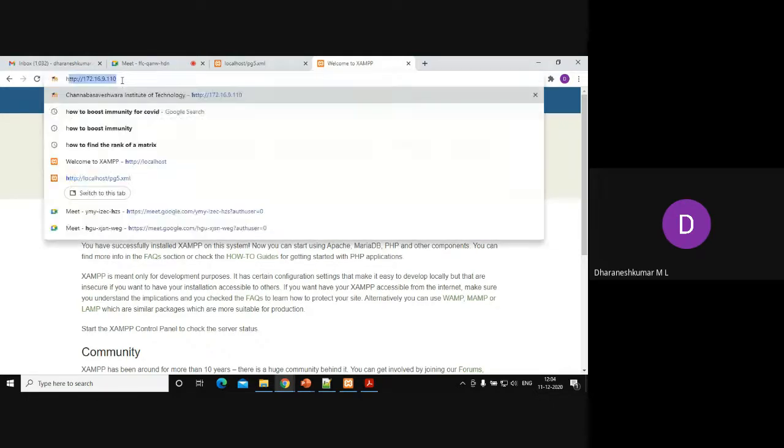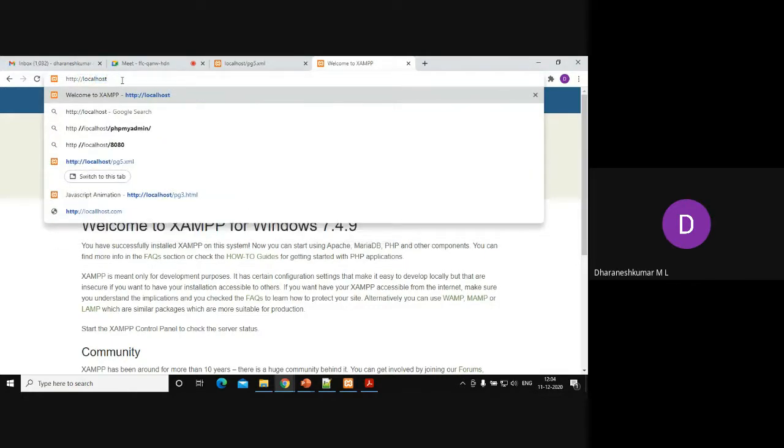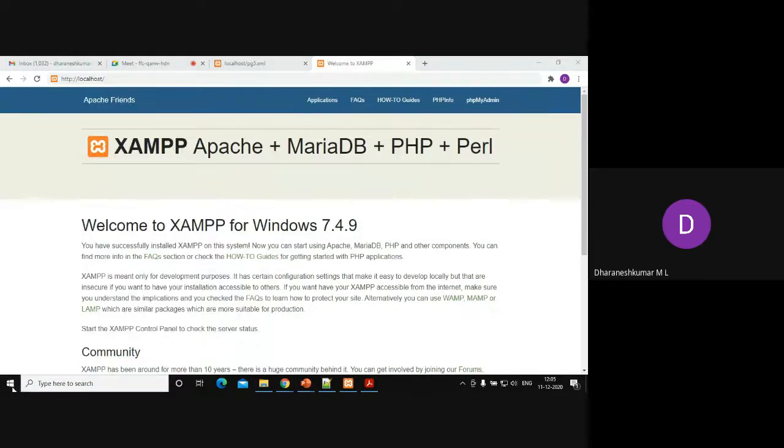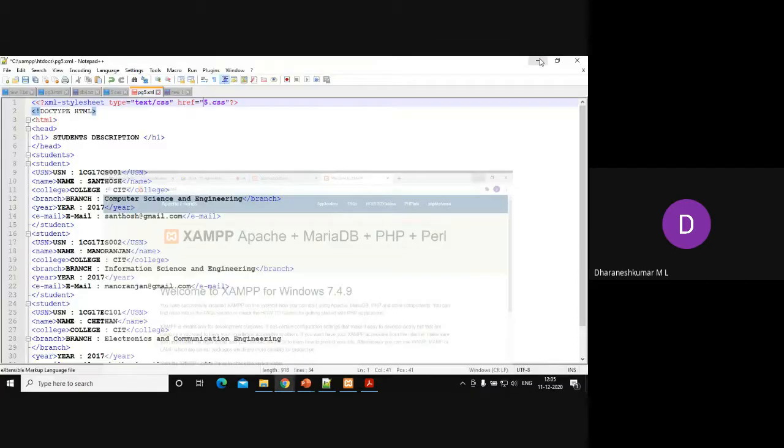So I will type http colon double forward slash localhost slash, and then the file name. I have dumped all the files in htdocs. You are aware of where to dump the files, right? Go to the C drive, in your PC.